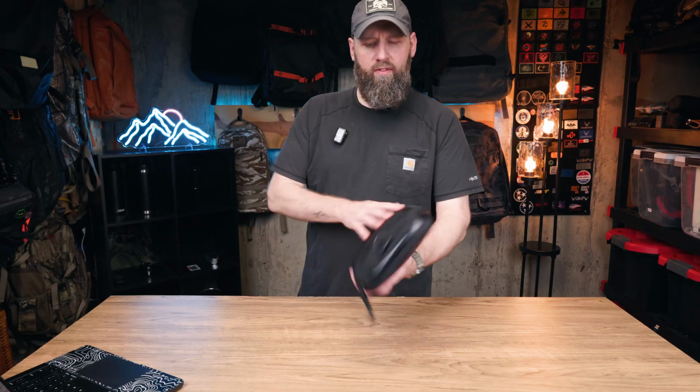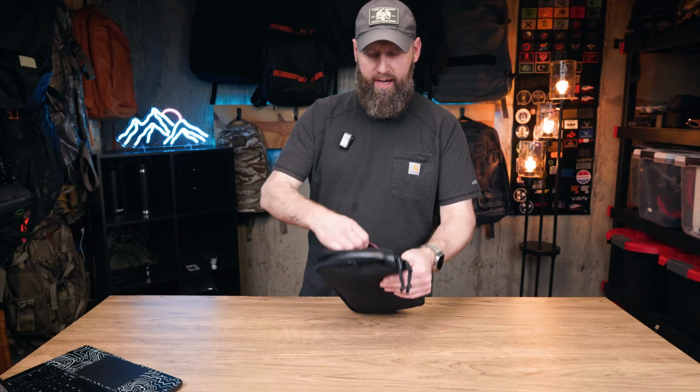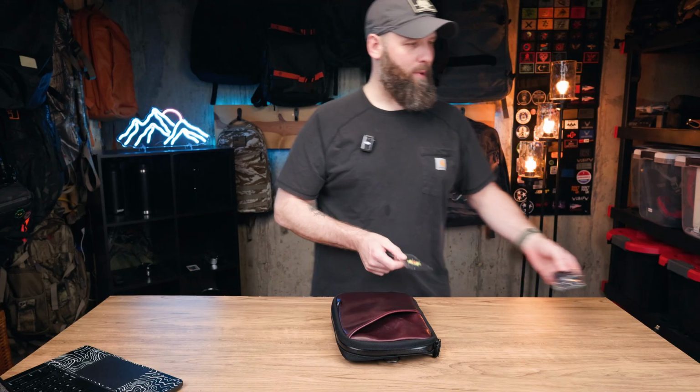So exterior wise, we've already covered the D-rings on there. We do have a pocket on this one, and I'm always pulling these channel patches out of pockets,